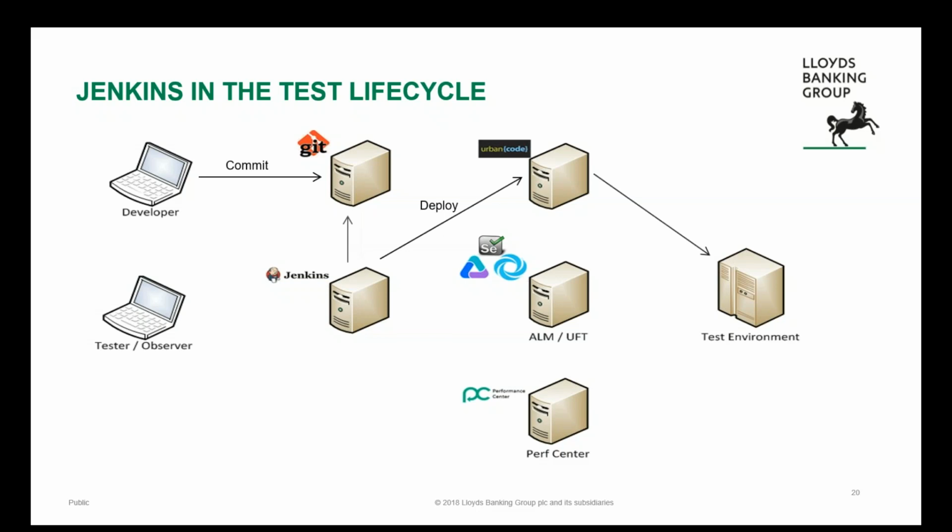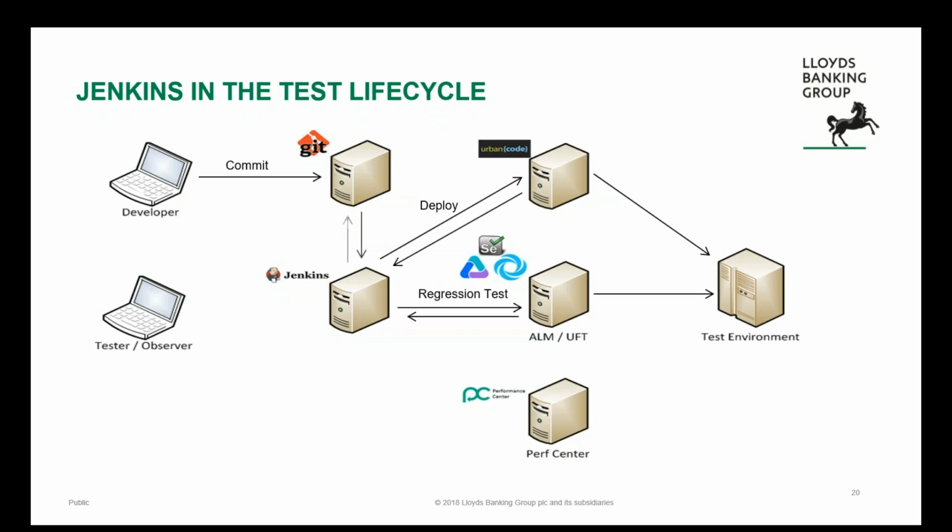So when a developer does a code commit into Git, Jenkins picks that up because it's constantly polling, realizes that code has been committed into the repository, and so it knows that the next thing it needs to do is run a deployment. So in this case, it calls UrbanCode, pushes that deployment out to a test environment, and once that's happened successfully, Jenkins is aware of it and it knows that the next thing to do is a regression